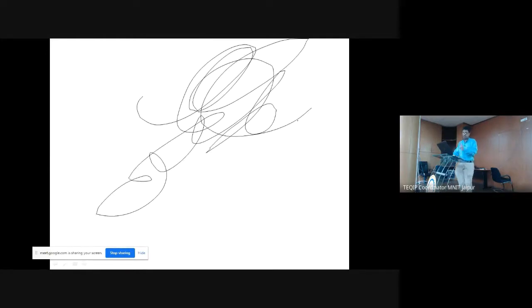So it is not easy to use. That's why I told you that you can use an external gadget like Wacom. Wacom is a company, and that company is manufacturing that gadget. So you just attach it, and using that gadget, you can write that kind of thing.